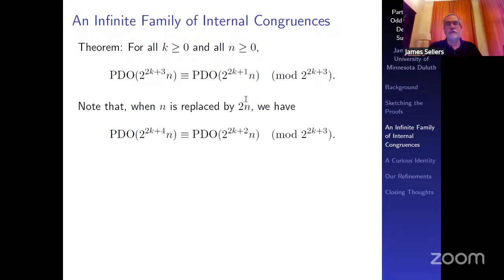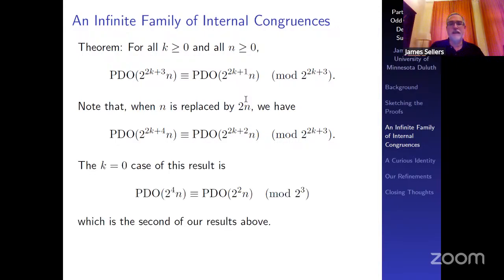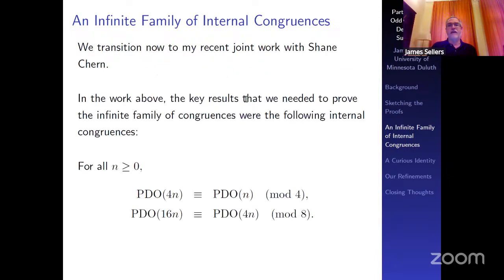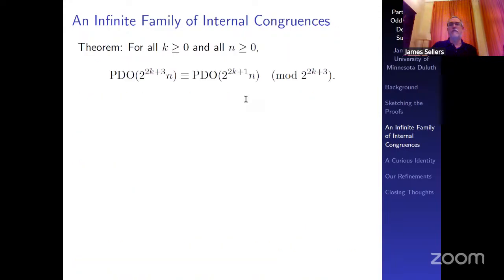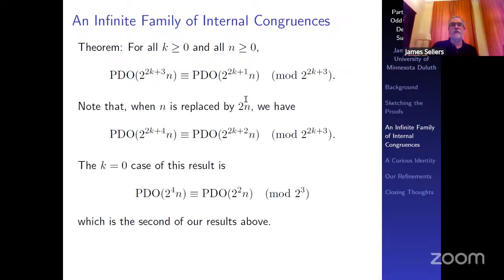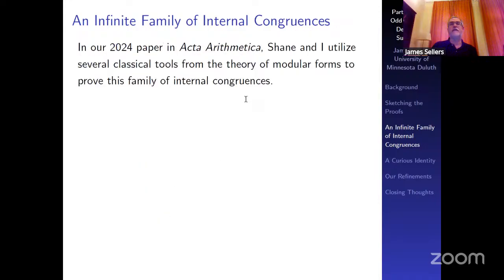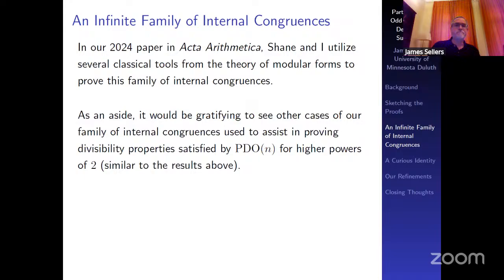How is that related to what I was showing you earlier? Well, if you replace n by 2n, you get this. And if you then take the k equals 0 case of that, you get PDO of 16n is congruent to PDO of 4n mod 8. And that's that result at the very bottom of that screen. So what I was doing elementarily in my paper in Integers turned out to be a special case, if you will, of a bigger theorem that Shane and I then ended up proving in Acta Arithmetica, and we published that last year. Heavy on the modular forms, and so I won't go into the details of that today at all,